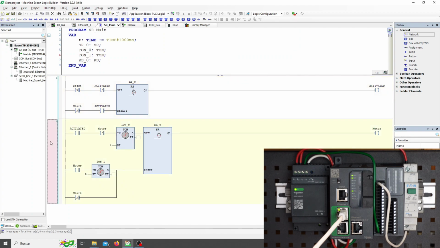This task is, while the coil is activated, we must wait a second with this turn-on delay. What is that second? Here. When the pulse arrives at the element, this element waits a second. After that, the output is activated to set the second set-reset flip-flop, and when the load, in this case a motor, is activated, the second element waits another second